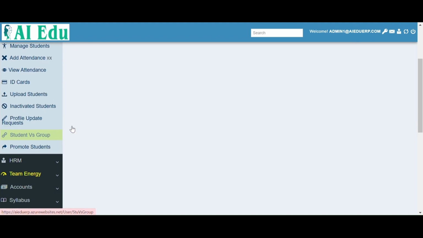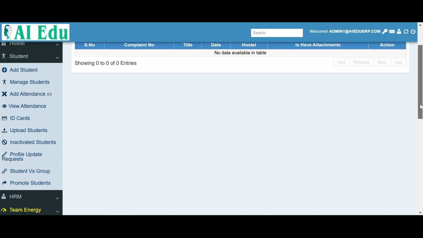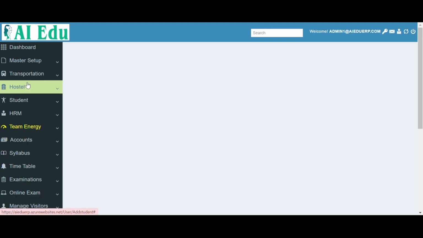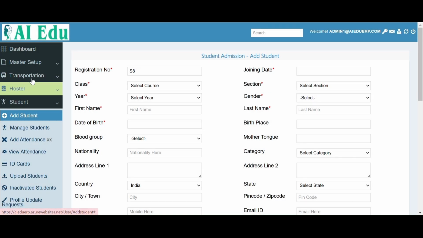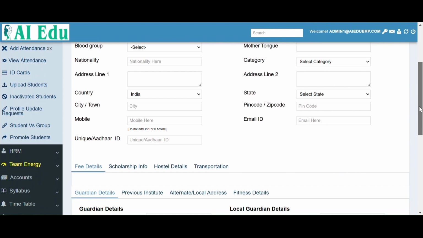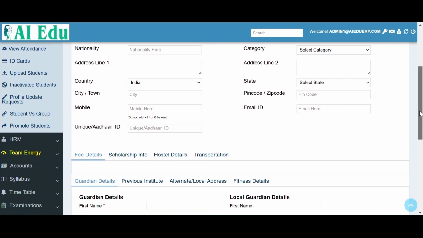Next one is important, student management. You can add a student from here. Student registration number, joining date, class, section, all the details. Only the starred fields are mandatory, the remaining are not mandatory. You can give your Aadhaar ID, email ID. Student also can log in